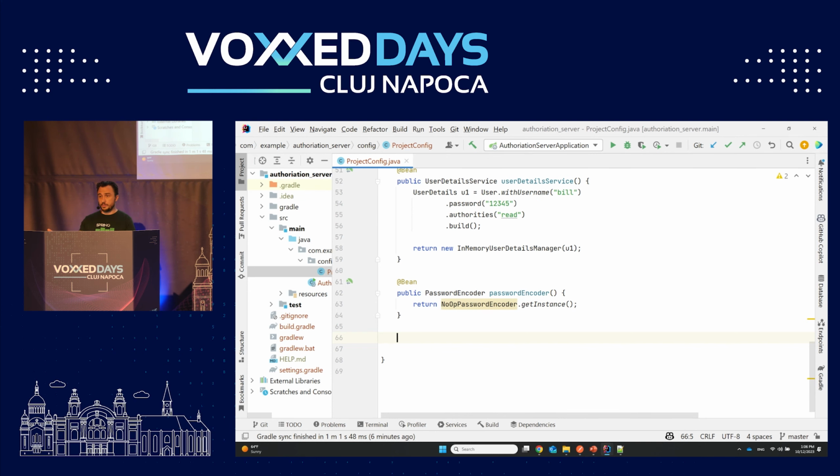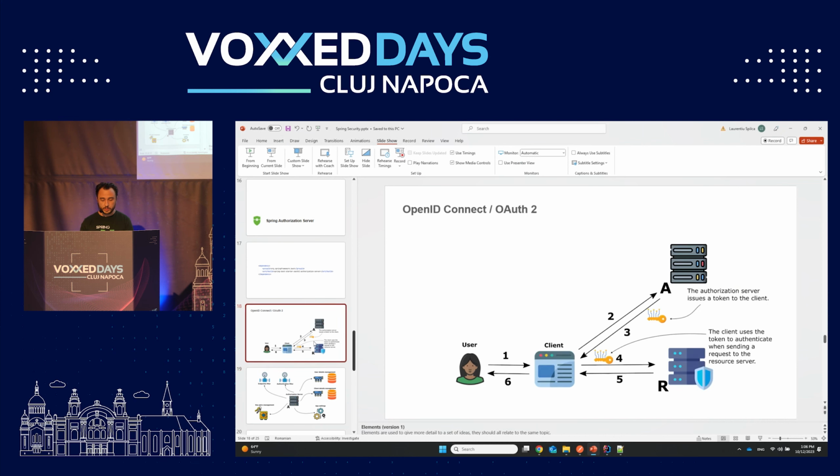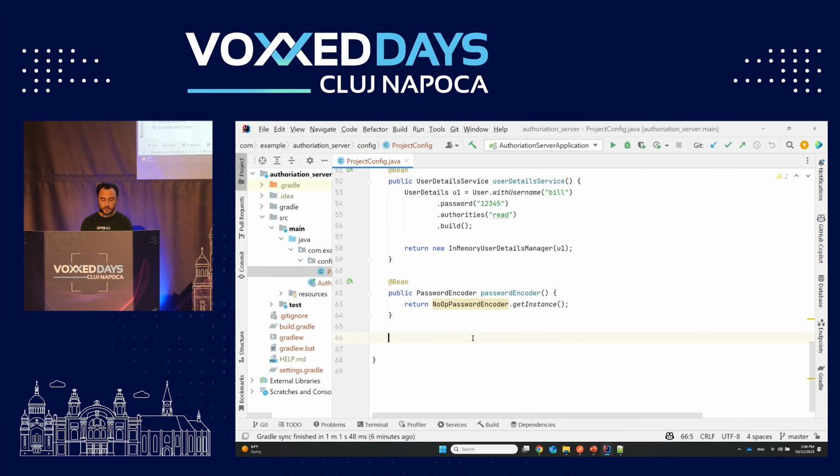And now we have users. But having users is not enough, because if you go back to my diagram here, you see we have a user, but we also have a client. So my authorization server doesn't only need to know about the users, it needs to know about the clients as well. To do that, you will use a component that in the new authorization server is called